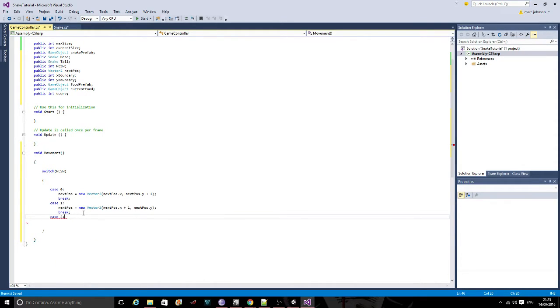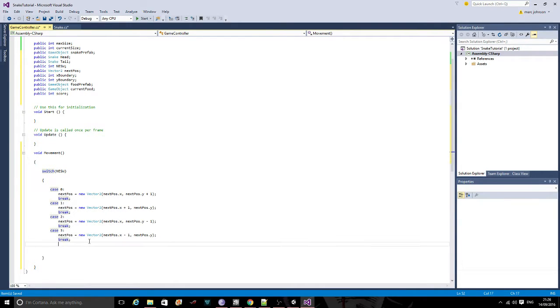So case 2, I'll just break that case first, and case 3 I will break as well. And then all we do for our south direction, which is 2, case 2, we just copy and paste here, Control V, and instead of +1 it is -1 digit. And our case 3, copy this, Control C, and again it's -1 because it's going in the opposite direction. Okay,